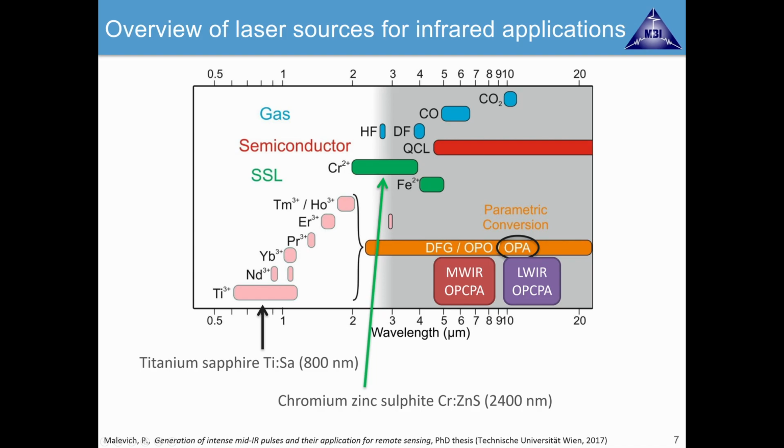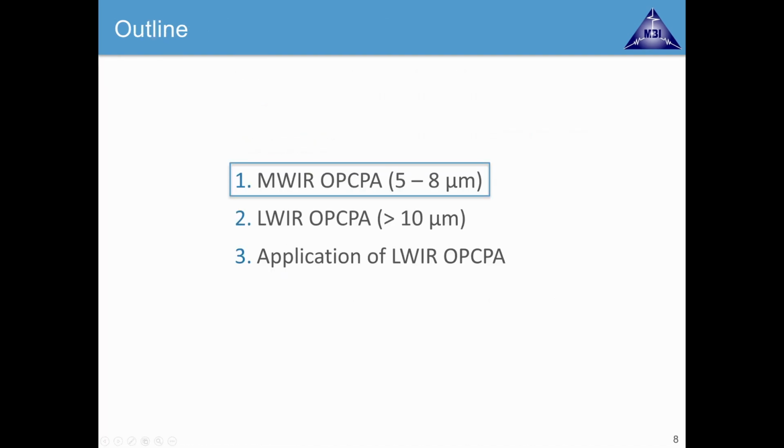So we'll talk a lot about this chromium zinc sulfide laser as our front-end laser today, and I will present 2 systems. First of all, a mid-wave infrared OPCPA system, which runs between 5 and 8 micrometers, and a second OPCPA, which aims for wavelengths beyond 10 micrometers. Okay, so as I said, there are going to be 3 main parts. One, the mid-wave infrared OPCPA, then the long-wave infrared OPCPA, and eventually I will talk about some applications of the long-wave infrared. So I'm going to start with